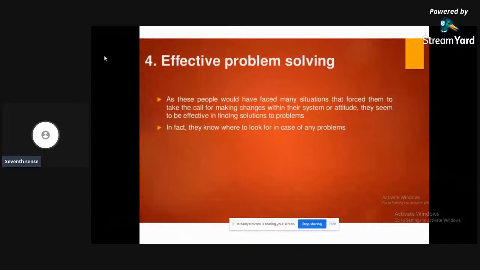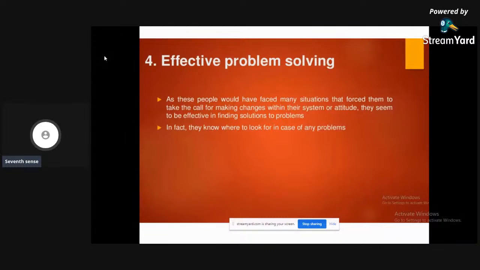In these crucial situations, you should know what kind of solution to take, what solution is more approachable, or what is the way to solve this problem. You will know when you have faced different kinds of situations.